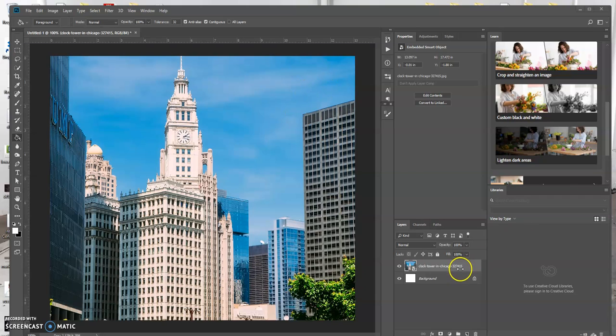So basically what you want to do is add a new layer above either your background color or your background image, whatever it may be. It doesn't matter if you have an image here or not. It could be a single layer with a solid color or a gradient or whatever it may be. So anyways,